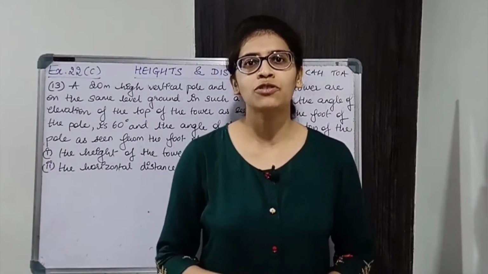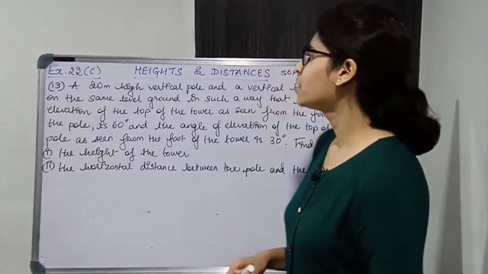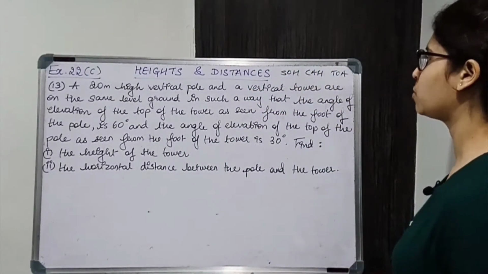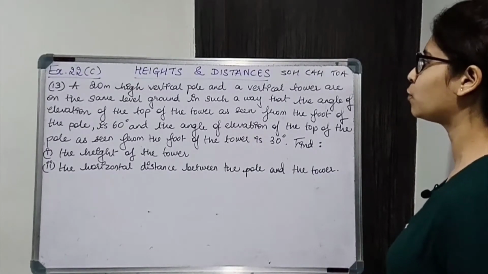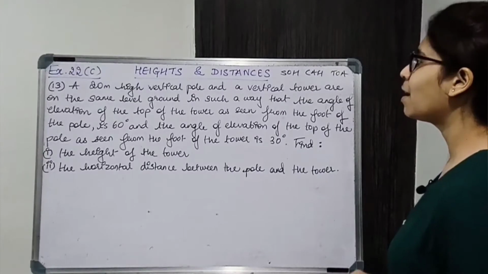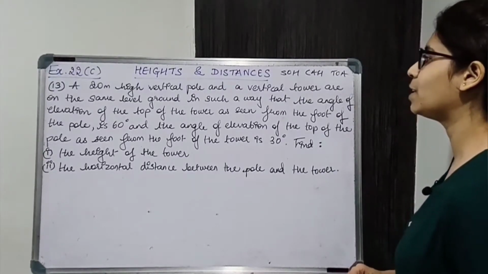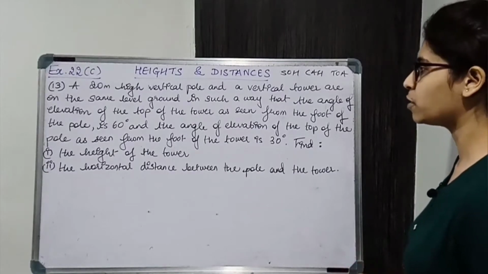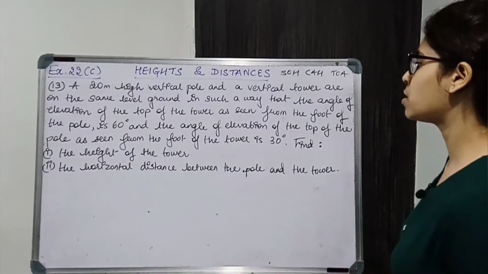Coming to next question. Question number 13. A 20-meter high vertical pole and a vertical tower are on the same level ground in such a way that the angle of elevation of the top of the tower as seen from the foot of the pole is 60 degrees and the angle of elevation of the top of the pole as seen from the foot of the tower is 30 degrees. Find first part the height of the tower, second part the horizontal distance between the pole and